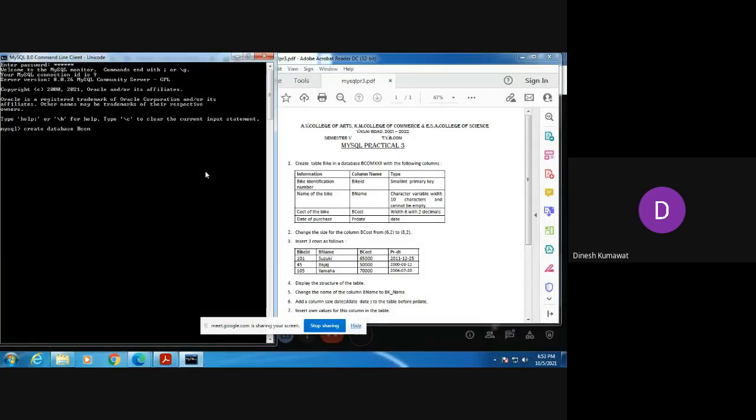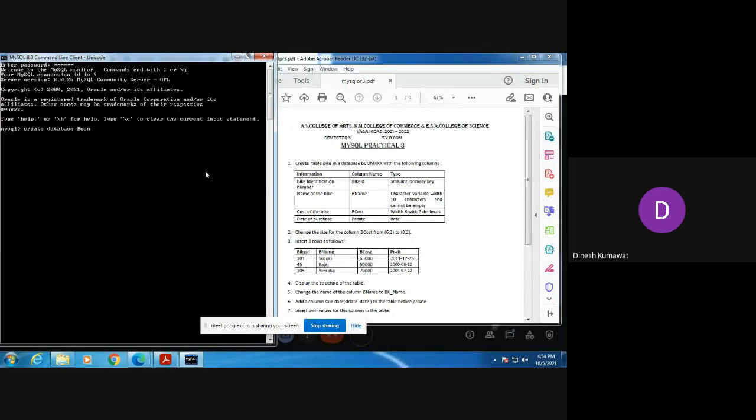So can anyone tell me your roll number so that I can create this database for you? Tell me any one of the roll numbers. I think your batch contains from 151 to 180, right?